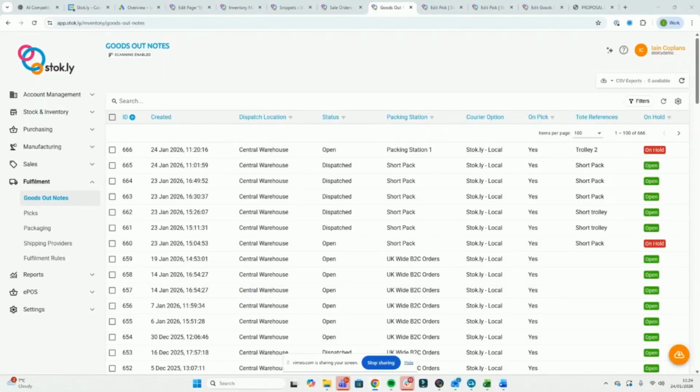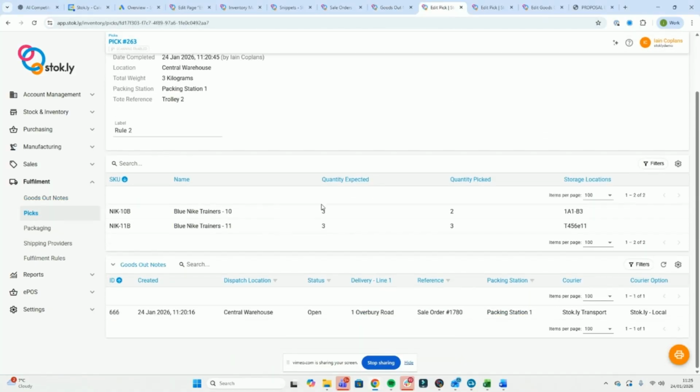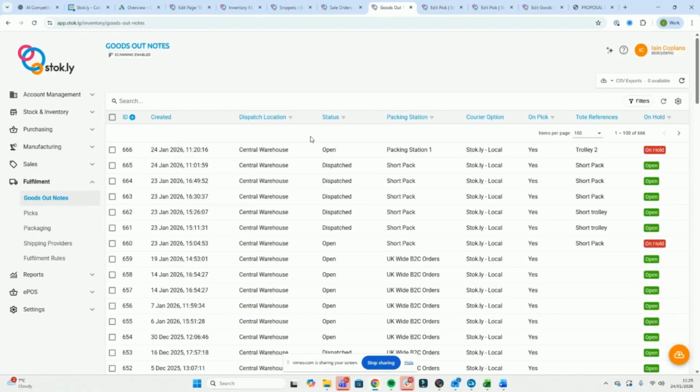This video is going to take us through what happens when there is a short pick, meaning that a goods out note that we're going to dispatch is on hold. So we can see here the pick. We were expecting 3 to be picked, but only 2 were picked. The pick was completed. As a result, the goods out note that those items are related to are put on hold